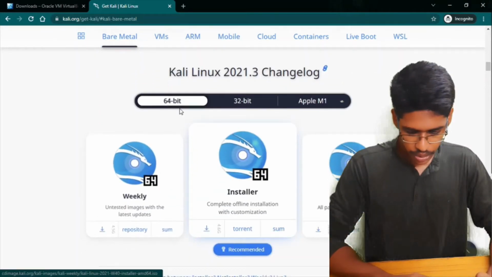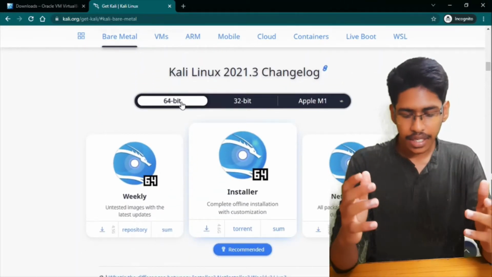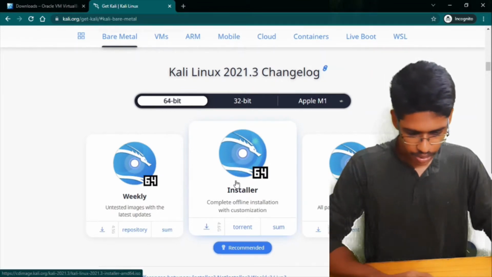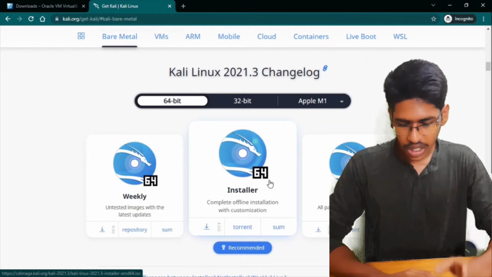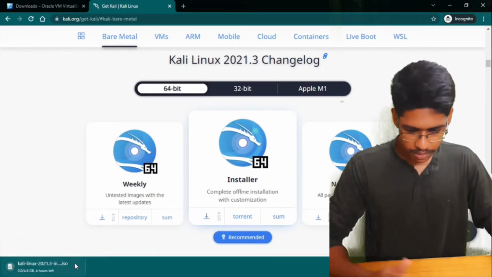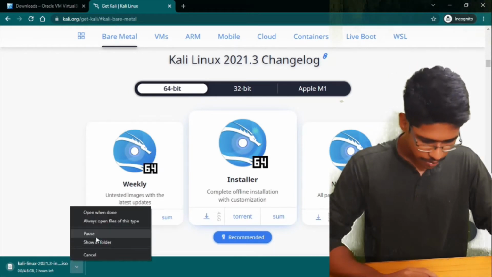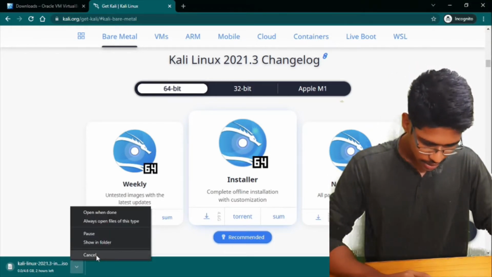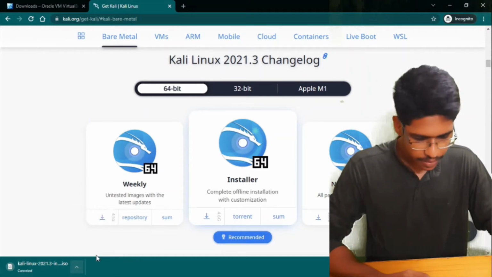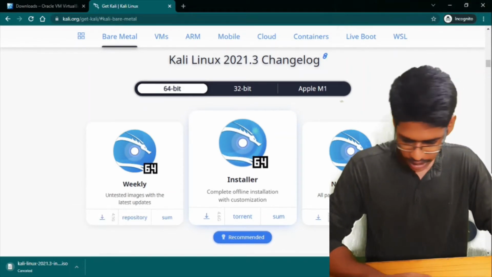Since mine is Windows 10 with a 64-bit processor, I'll go and download the installer, this one which I'm pointing the mouse to. It starts downloading, but then again I cancel the download. You can see that the download is 4.6 GB, so how long it takes depends on your net speed.